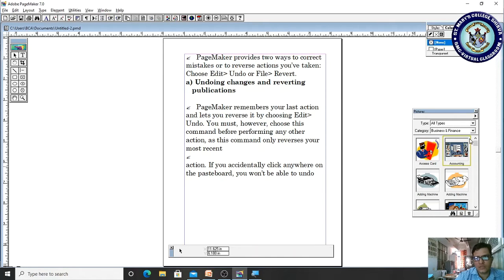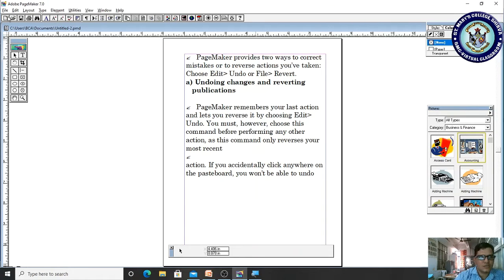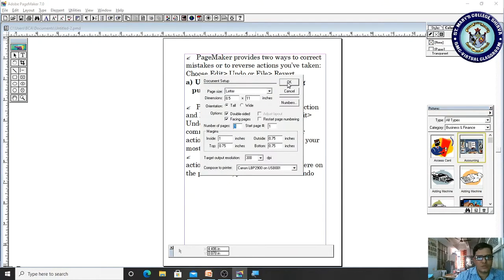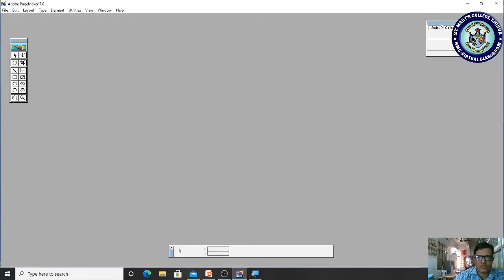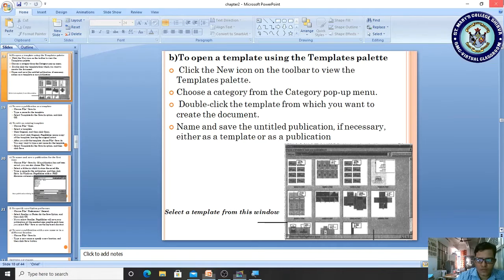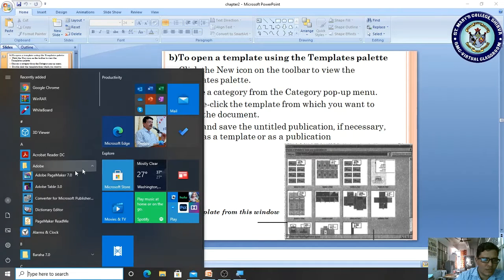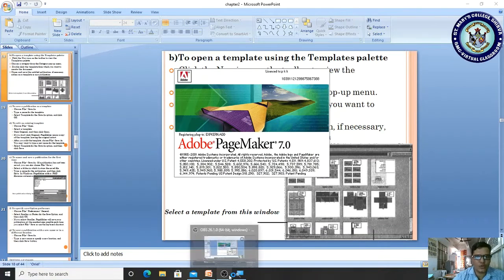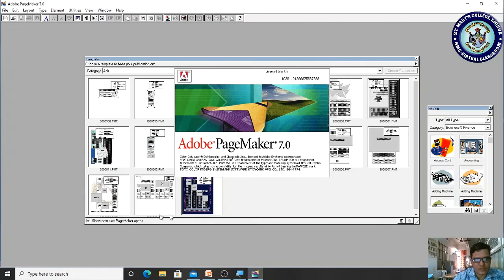templates. Here the picture templates are there, or else if you click the new options, it is coming. But if you close the entire window and try to open Adobe PageMaker 7.0 once again, at that time you are seeing this template.